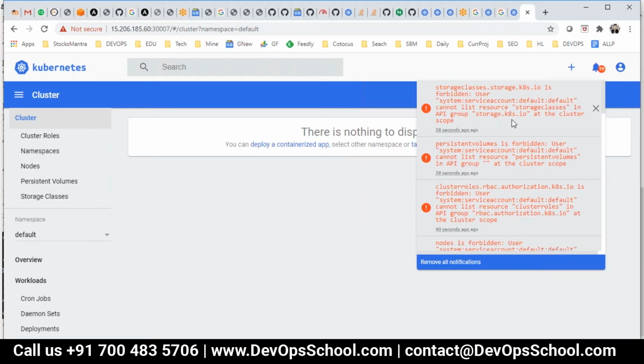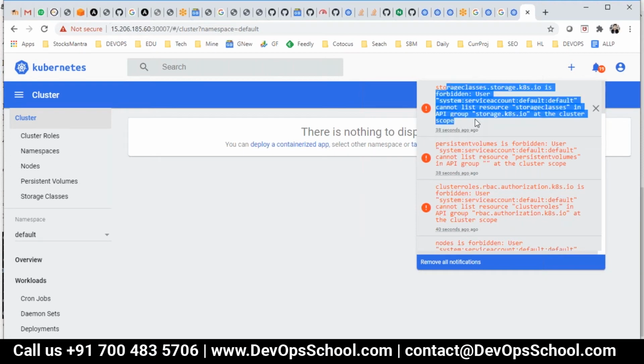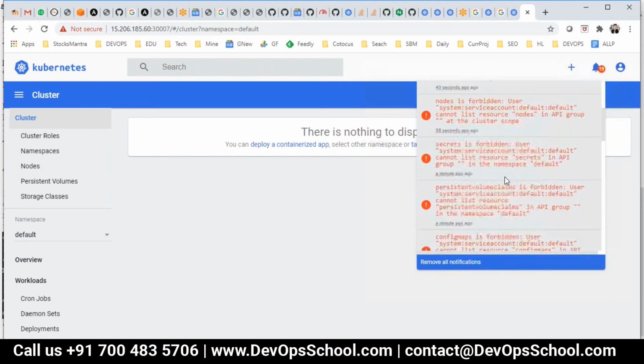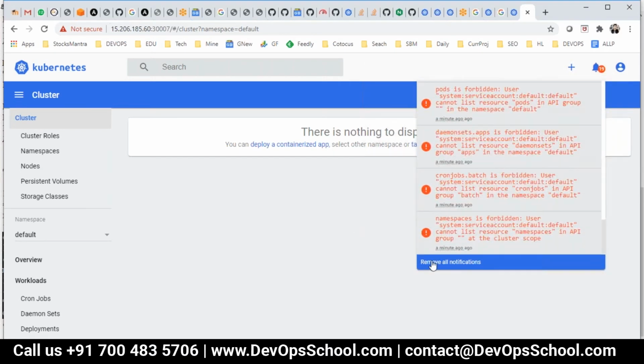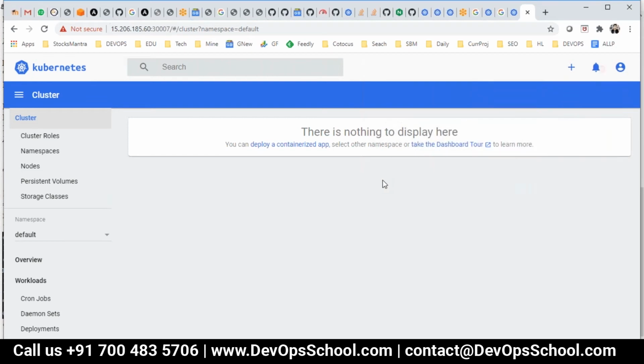Okay. So the problem here is this user, the one which I'm using right now, is having access forbidden issues. So why is this having access forbidden? It's an access issue. Actually, you got the things, but with this token you don't have access.